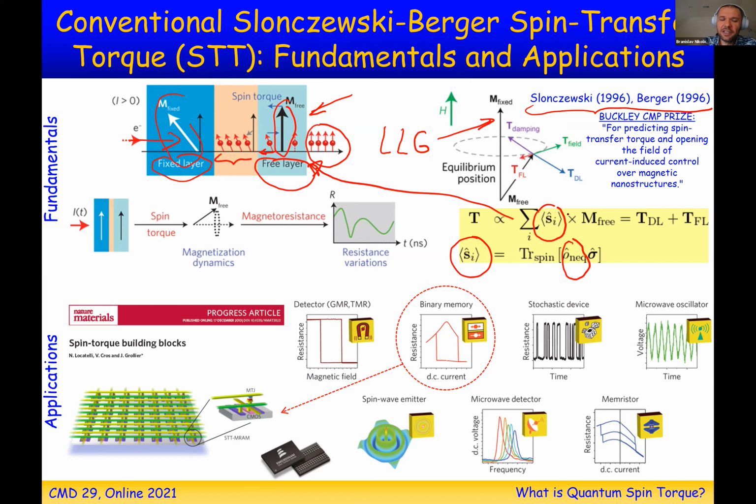Once this magnetization is initiated, it could perform all kinds of motions. You could start, for example, from the North Pole, and then the magnetization could perform some motion on the unit sphere and end up on the South Pole. And if you generate that kind of non-equilibrium dynamics of magnetization, that becomes a resource for memory because you have up and down as 0 and 1. This is the example of this red circle, where you see that this has already been implemented as a device you can buy.